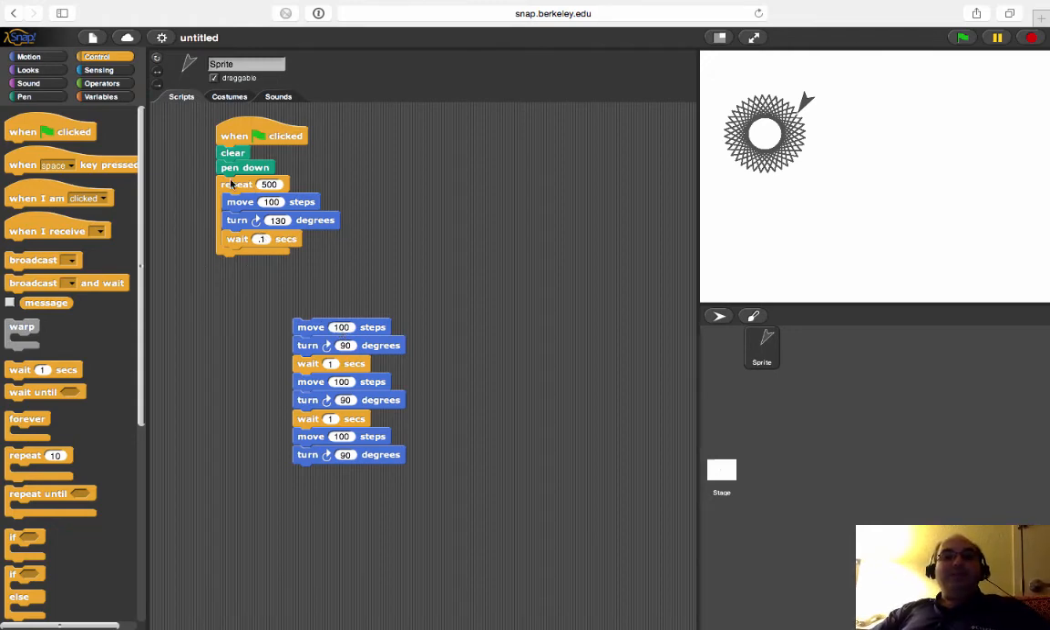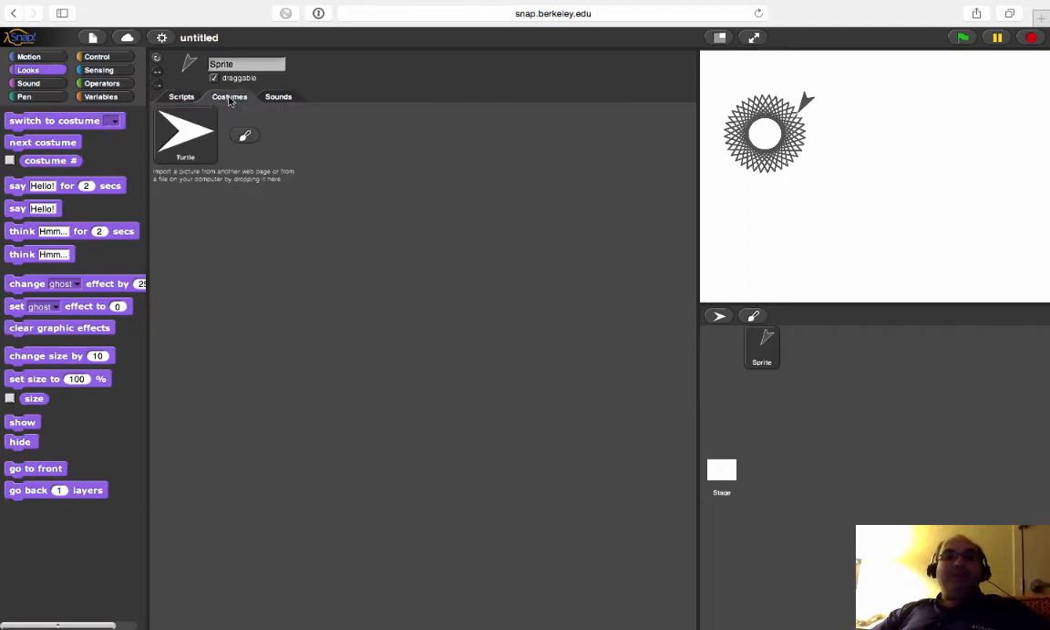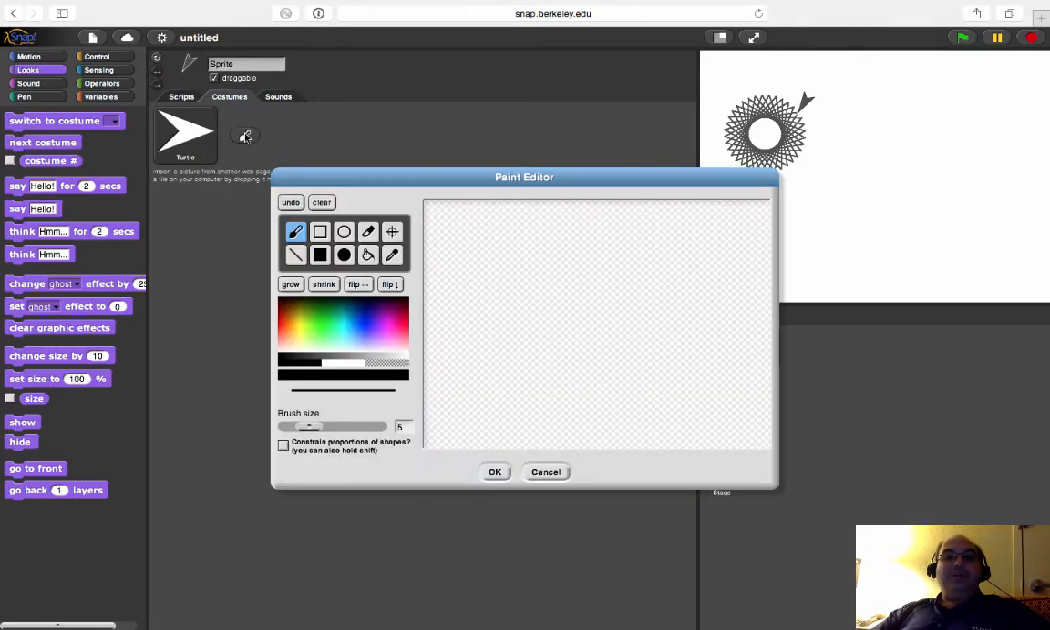We have seen how to do some simple loops like repeat. We have seen managing the pen movement. Let's see what else there is. Okay. So here is looks. Okay, you can build costumes, and we don't have any other costumes here, but you could actually go ahead and create one. So, for example, I bring up the paint application here, and